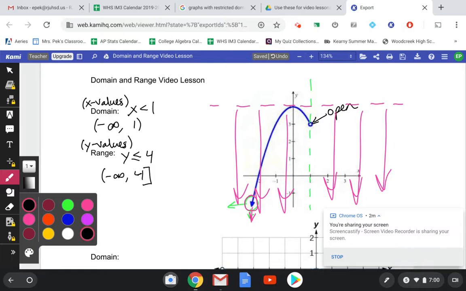Now notice we included the value of 4, unlike when we were doing the domain with the value of 1 for x, because y equals 4 exists. It's not an open circle. It's not a hole in our graph. And so we want to include 4 in that range. Now, if we look at the next problem,